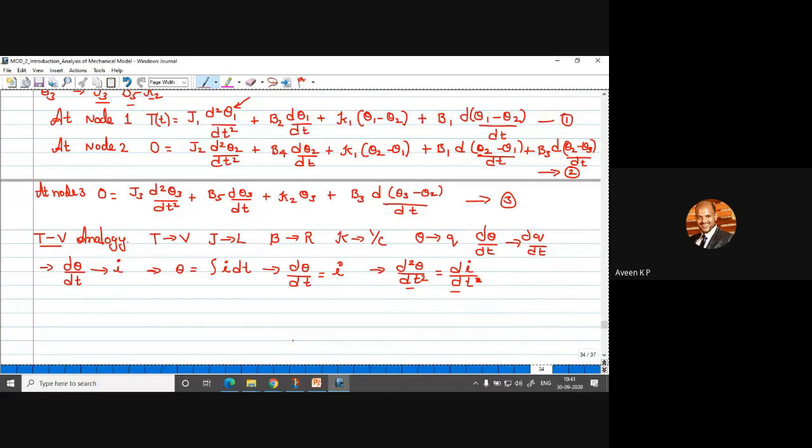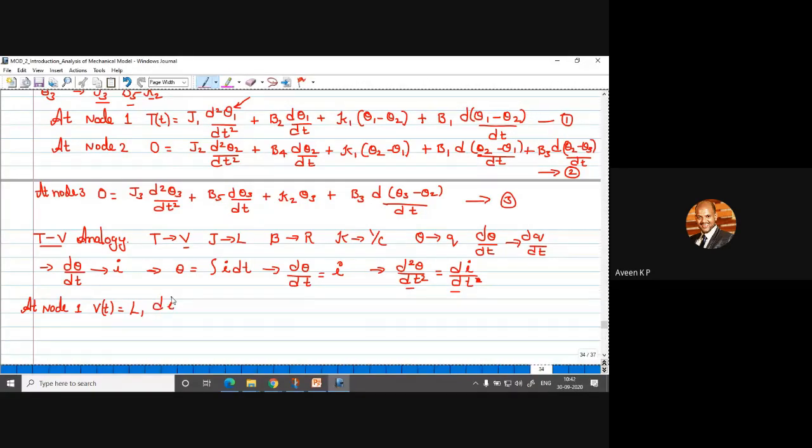Equation number 1, at node 1. So we are talking about the torque voltage. So T will be replaced by V. So V of T is equal to J1 will be replaced by L1 and d square theta 1 by dt square will be replaced by